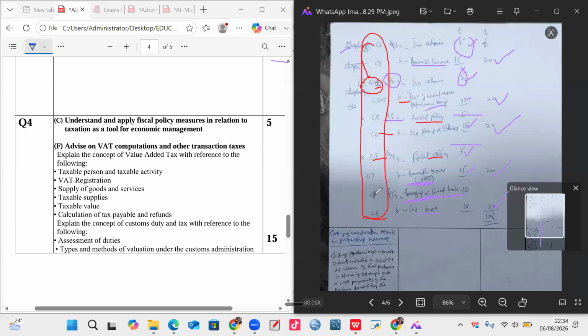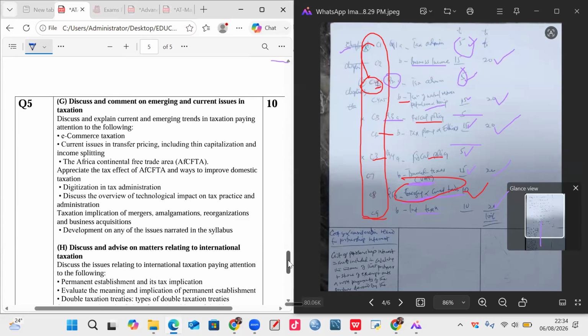So when I pick the chapter of the ICAG manual and I read, if it's chapter 8, I know I'm learning on this, and 10 marks will come from here. So when I'm learning on it, which is question 5A, I'll just come and look at the areas here. This is 5A, 10 marks on emerging trends, emerging and current issues.